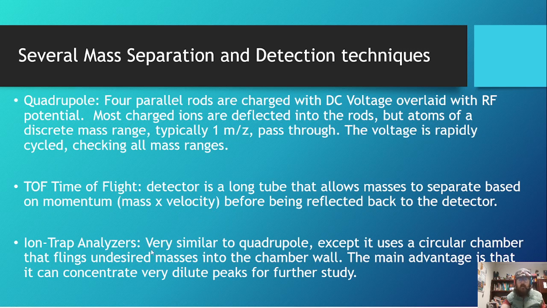And there's another one called an ion trap. Very similar to the quadrupole, but it's basically a circular chamber. The main advantage of the ion trap is that if you want to analyze a really dilute peak, a really dilute fragment, how do you get more of it? Well, this ion trap essentially captures the ion of use, flinging everything else to the side, and allows it